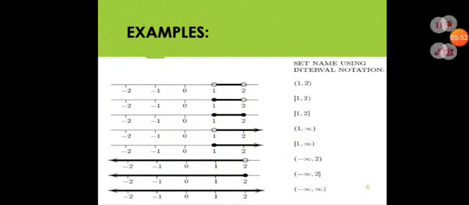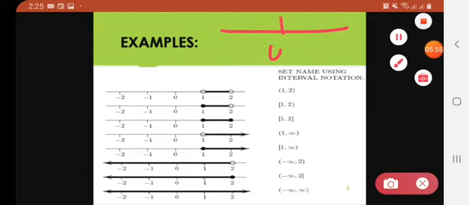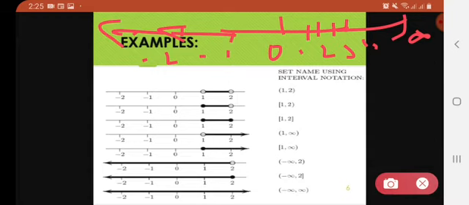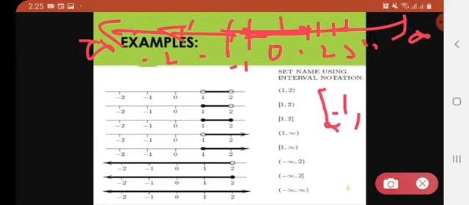Let us check this out from the number line. As you all know, on the number line we have 0 in the middle, and all positive values 1, 2, 3, 4 are on this side and go up to infinity, and all the negative values -1, -2, -3 are on this side, going up to minus infinity. This would go up to minus infinity unless we fix it at some point. For example, if here it is -1, here it is a filled dot, and here again it is a filled dot, and I'm talking about this area, right? So what would be my interval? I'll say, okay, -1 was filled, so -1 closed, and then 1 was fixed, so this closed, so I got [-1, 1], right?